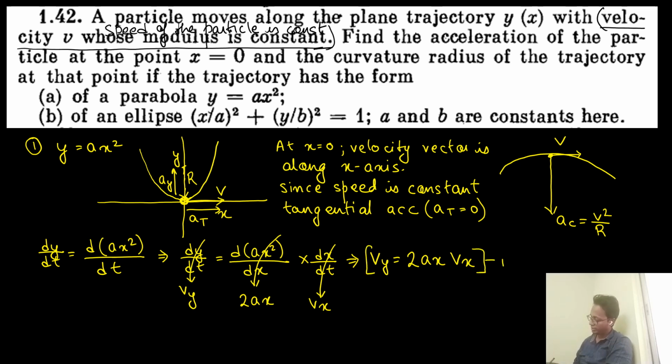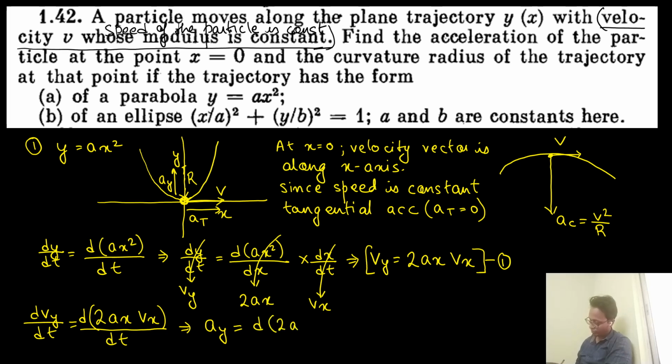But the problem here is I cannot do anything with this equation. I need the acceleration. How do I get this acceleration? Let's differentiate this equation again. So dvy by dt is equal to d of 2ax vx by dt. Again, when we apply the chain rule, what is dvy by dt? It is nothing but the acceleration in the y component, equal to d of 2a x vx by dx